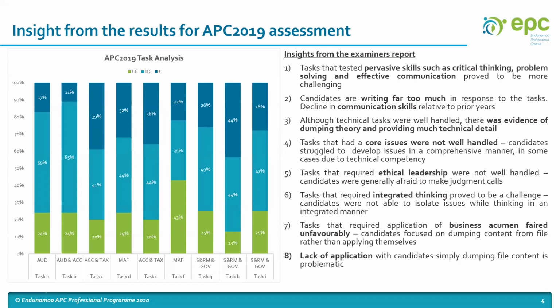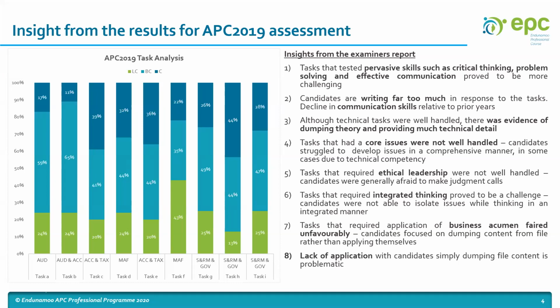So when we look at task A, which was the auditing task, and task B, it was very concerning what the picture is saying, because more than 50% of the candidates didn't provide responses that were considered to be of competent outcome by the examiners. In task A, it was about 60%, and in task B, about 65%,